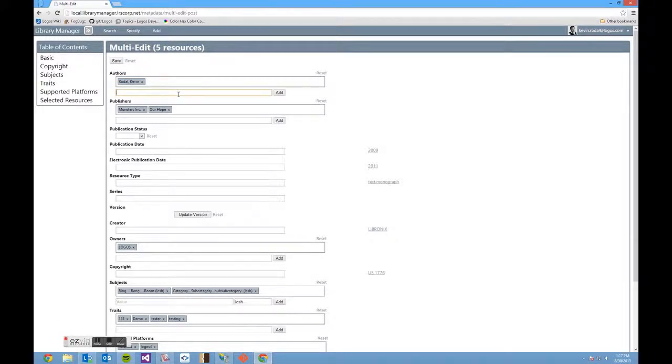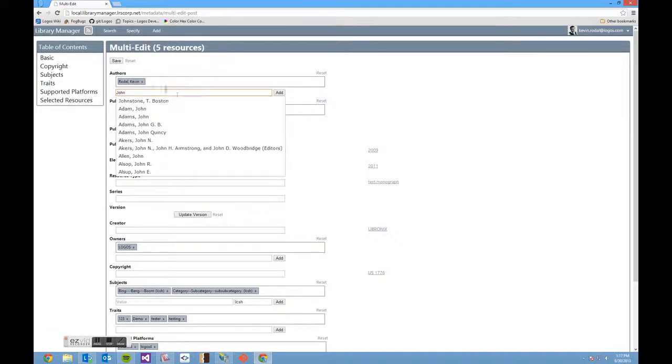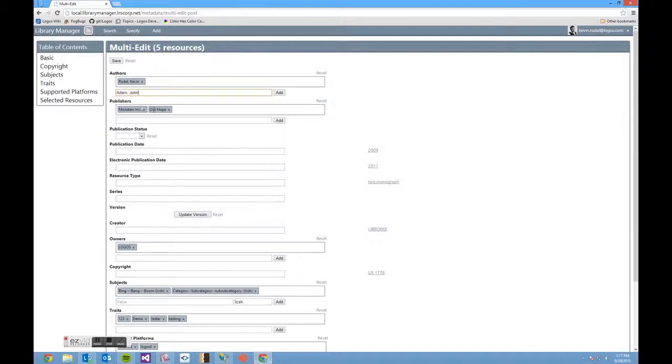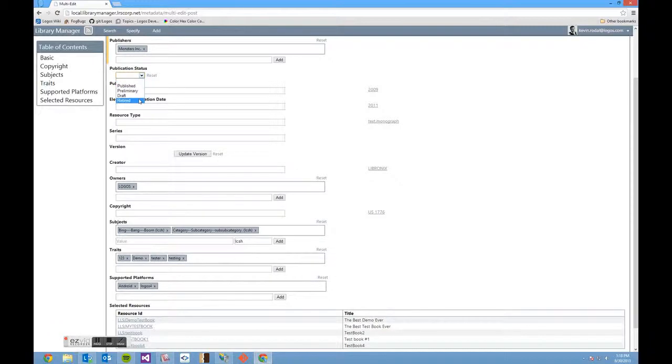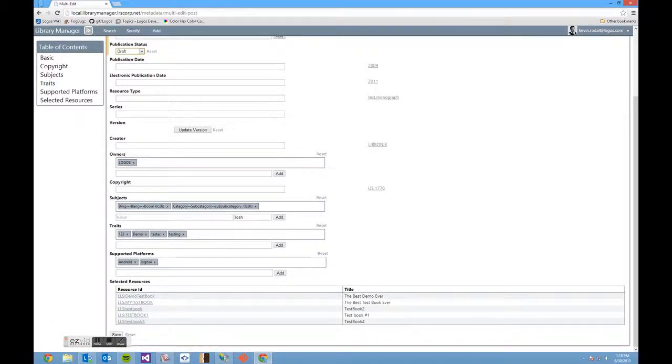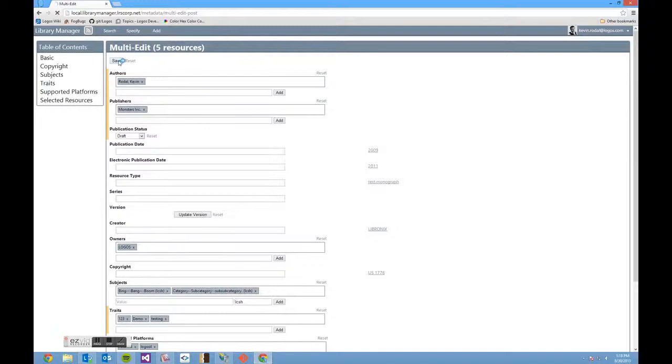So say we want to add John Adams. We add it. Now that there is an orange marker next to it, we know that that one will be updated. So let's just remove him. It still has the updated marker because something has changed. We will remove Our Hope. We will set all of them to draft, and we will remove tester. So now we can go save,